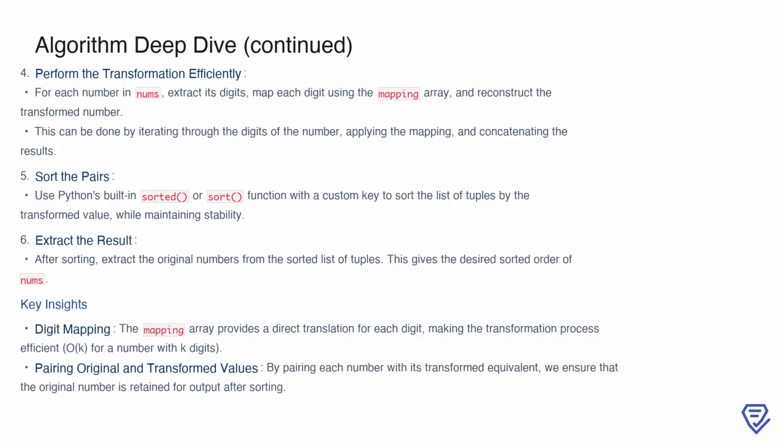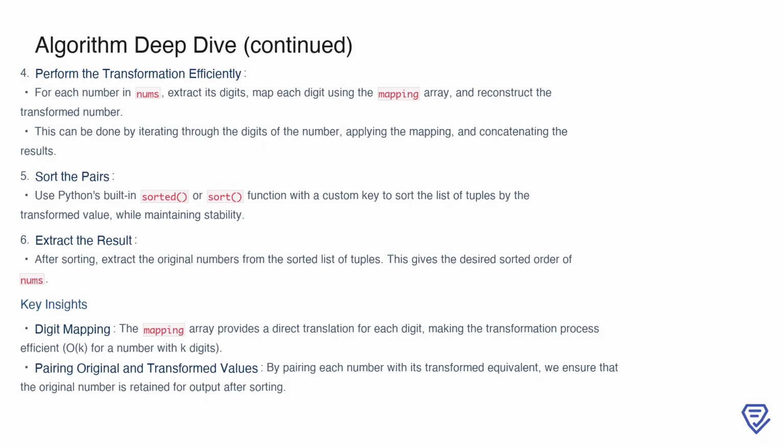For each number in nums, we need to transform it by replacing its digits using the mapping array. This involves iterating through each digit, applying the mapping, and reconstructing the transformed number by concatenating the mapped digits. Once the transformation is complete, the next step is to sort the list of pairs. Using Python's built-in sorted, or sort, functions with a custom key allows us to sort the pairs by their transformed